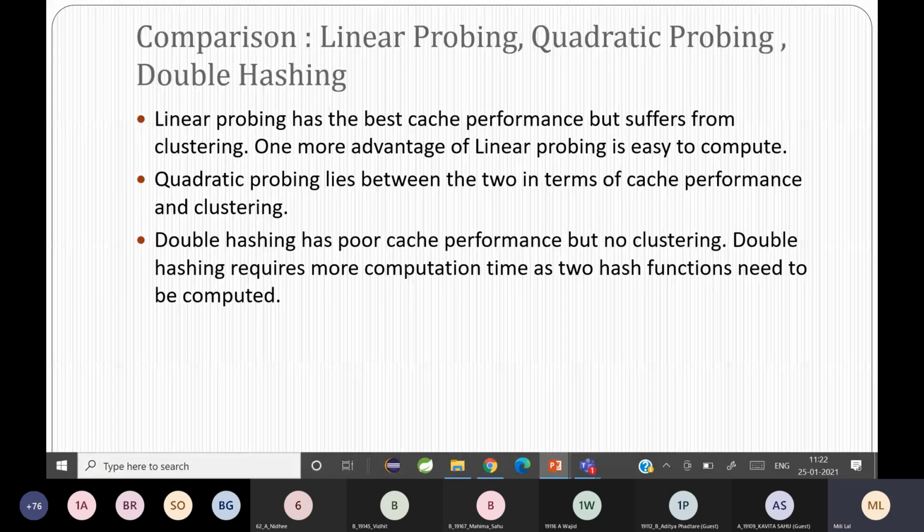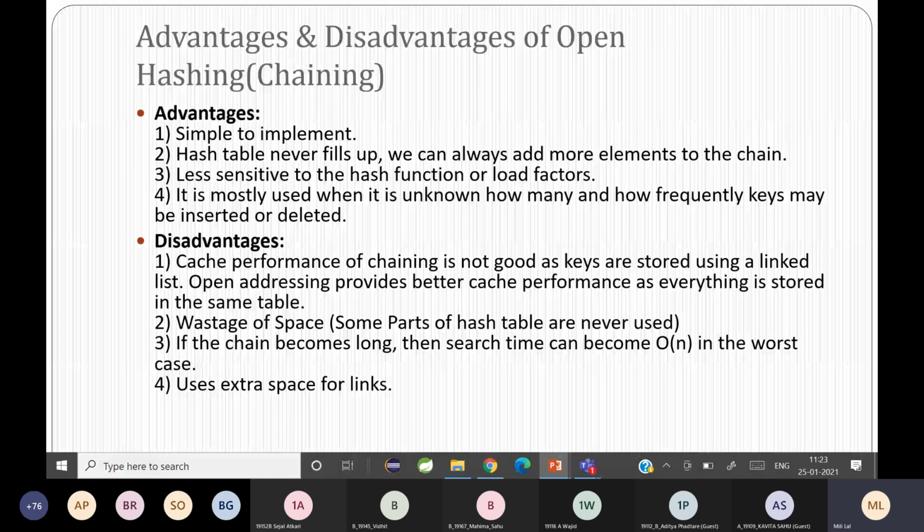Yes, these are the disadvantages and advantages of open addressing. Like I told you, we'll have to discuss that. Open addressing is closed hashing, and open hashing is chaining or separate chaining. So we didn't discuss that. So what are the advantages of chaining? Simple to implement, right? We didn't use another hash function. Remember chaining?